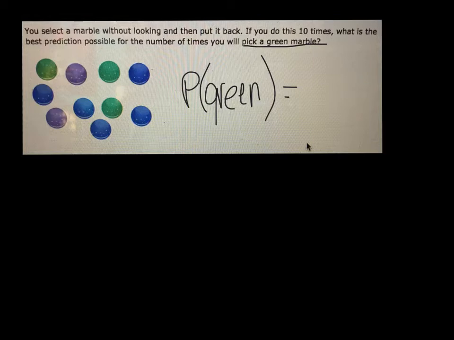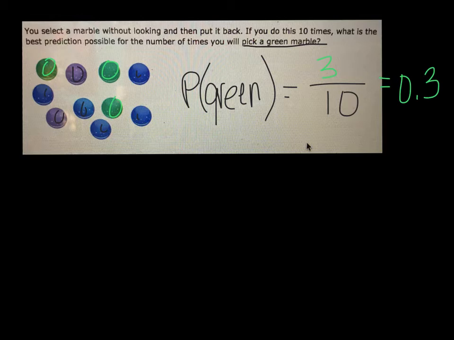So we count the number of greens. So we have 1, 2, 3 greens out of a total of 1, 2, 3, 4, 5, 6, 7, 8, 9, 10 marbles. So our probability of getting a green is 3 out of 10. If you divide 3 by 10, then you're also going to get 0.3. And I sometimes like to work with decimals more for these problems because we have to take it a